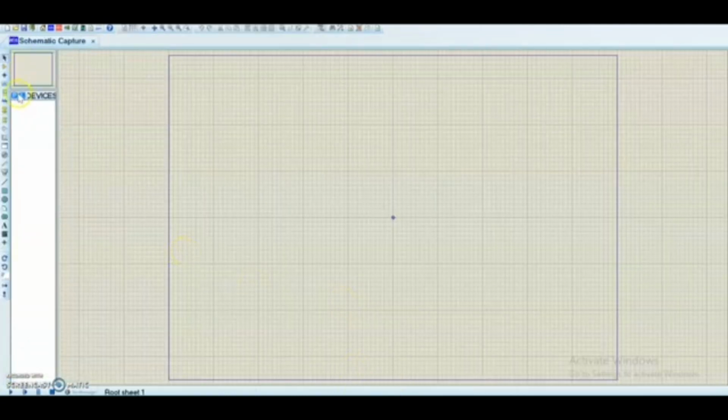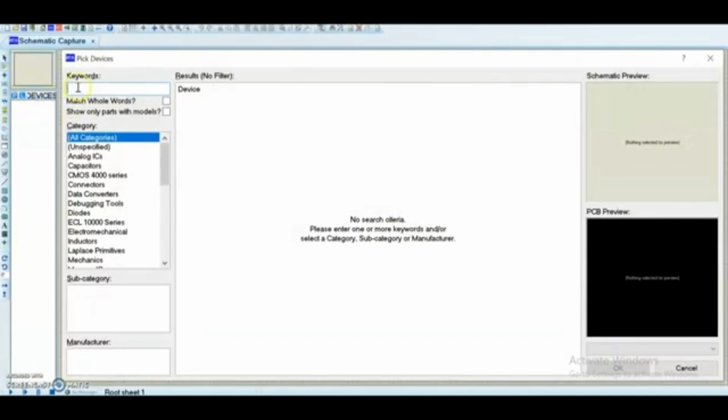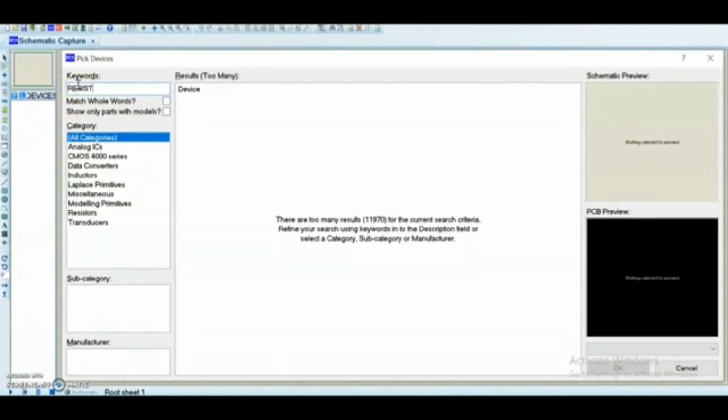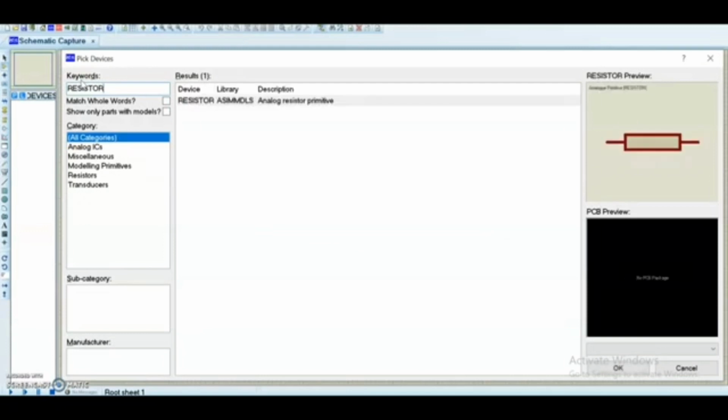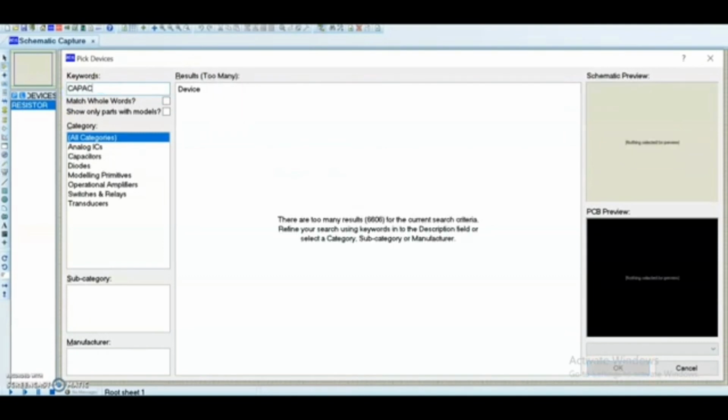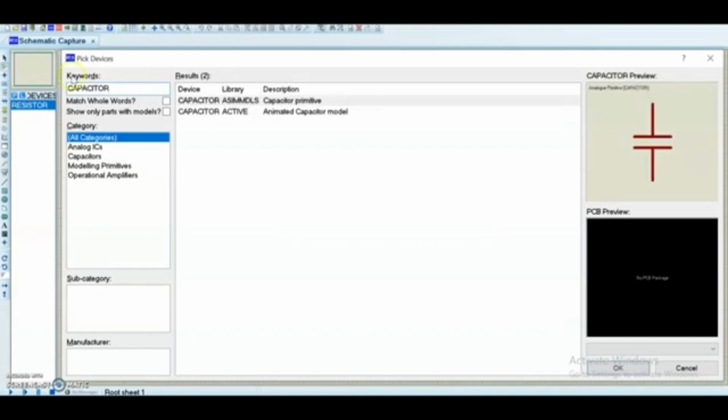So we are going to find the components that we use for this circuit. We find a resistor. We select a resistor. Next is a capacitor. We use an active capacitor.